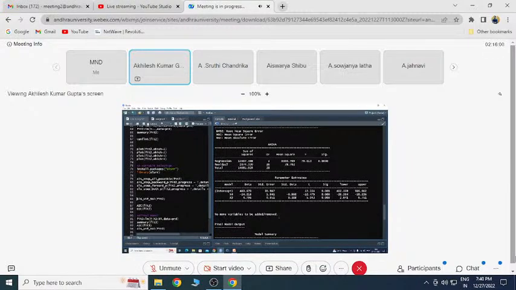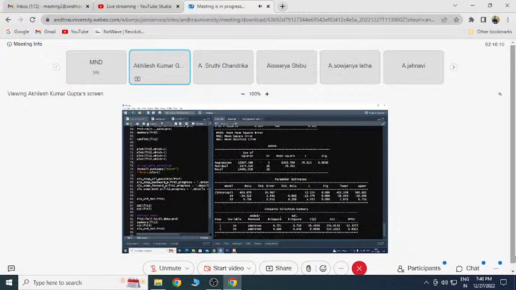Stepwise means you can add a variable and you can also remove a variable. So here we don't have to remove anything else. Now our final model is x3 and x4. I only want to include the x3 and x4 variables in my model. The rest of the variables I want to remove.